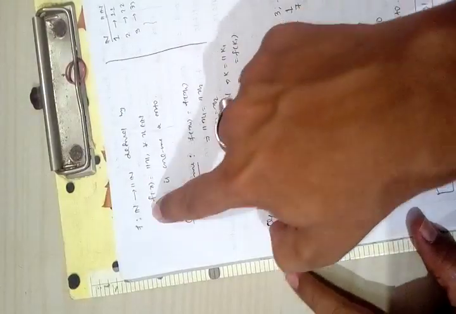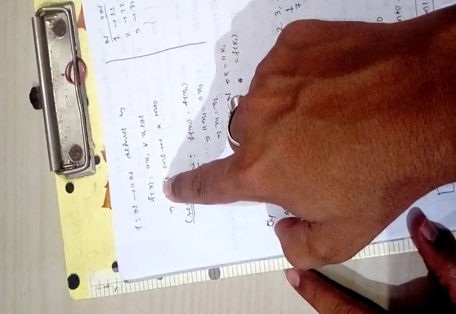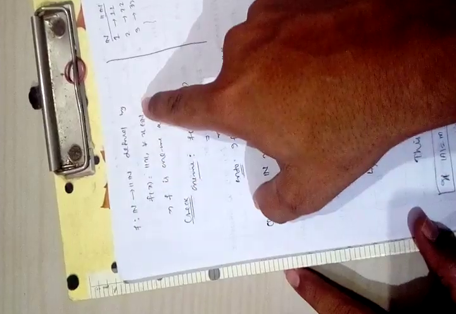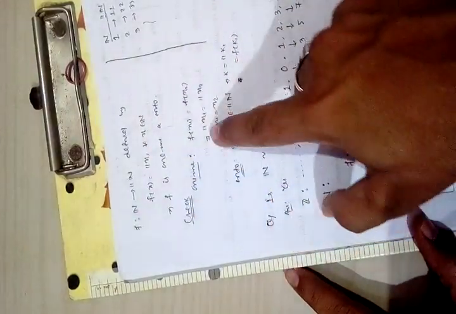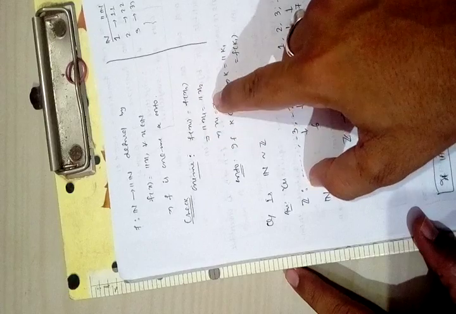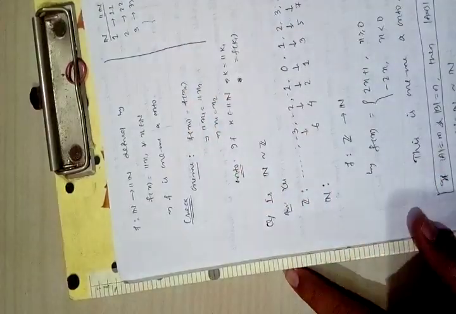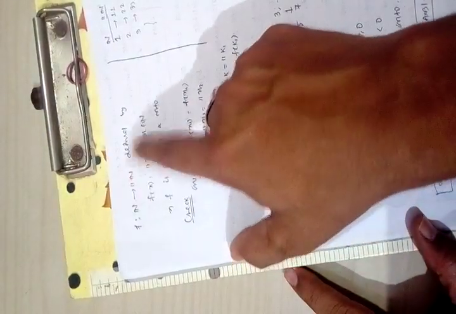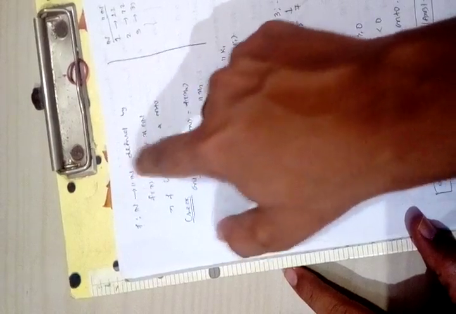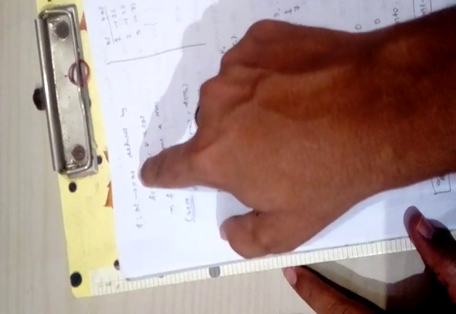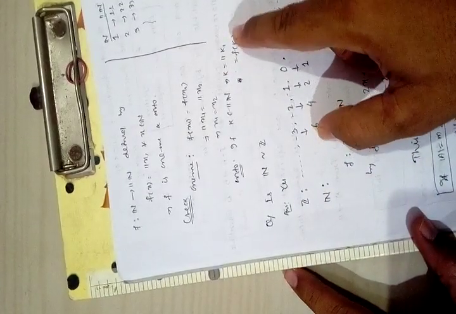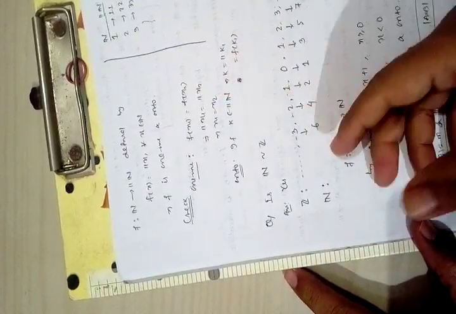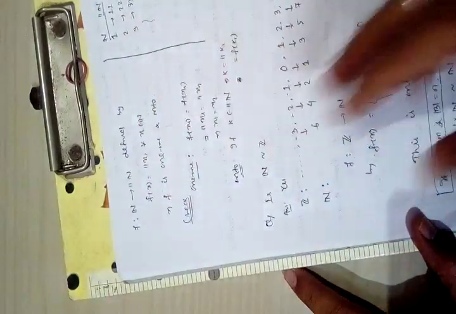You can check also. Define f as a mapping from N to 11N by f of x equals 11x for all x belonging to N. Clearly, let x1, x2 belong to N such that f of x1 equals f of x2, which implies 11x1 equals 11x2, then implies x1 equals x2. So f is one-one. Let k belong to 11N. Obviously each element of 11N is a multiple of 11, that is 11k1, which is f of k1. So the pre-image of k is k1, so f is onto, so N is equivalent to 11N.